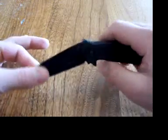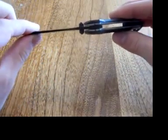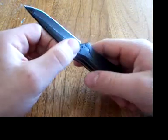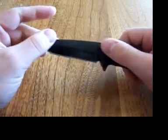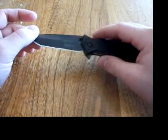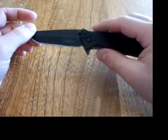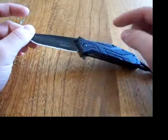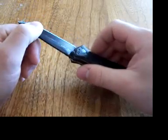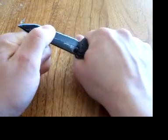It doesn't have a stop pin in it. Let's see if you can see in there. There's no stop pin. What it stops by is the thumb studs. Kind of a Hinderer throwback, and I know a lot of other knife makers use thumb studs as a stop, but because of Kershaw's relationship with, not Zero Tolerance, but Rick Hinderer, I think this was probably taken from one of his designs. Hope they paid him for it,